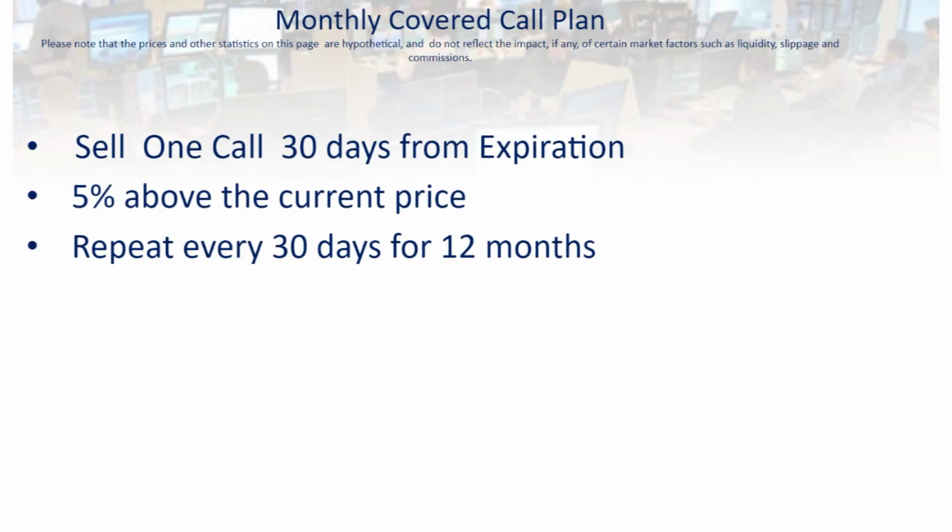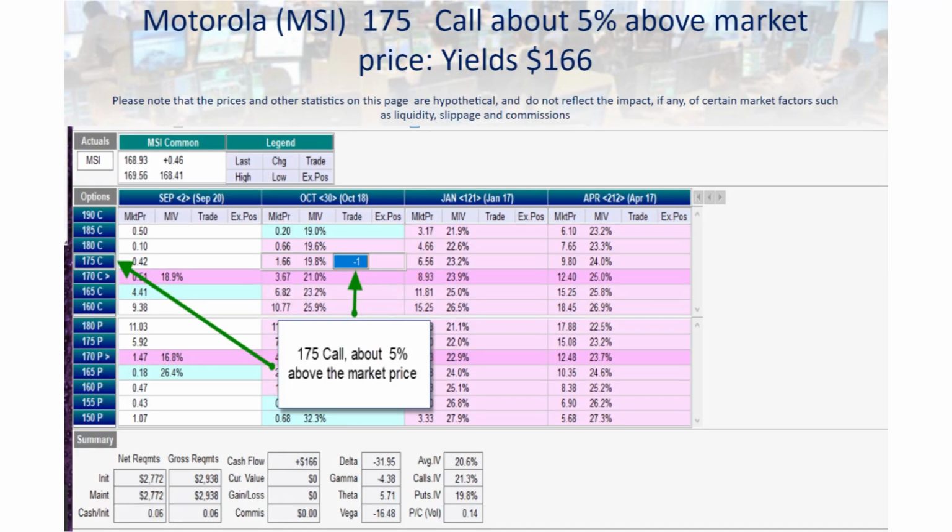So now on to our plan for a covered call campaign, which would be as follows. Each month, 30 days before the monthly expiration, we'd sell a call 5% above the market price of that stock. So let's take Motorola, for example. On September 19th, we were 30 days away from the October 18th, 2019 options chain for that stock. Now on that day, Motorola was trading at 168. So if we went up about 5% to the 175 call and sold one of those, then we would receive